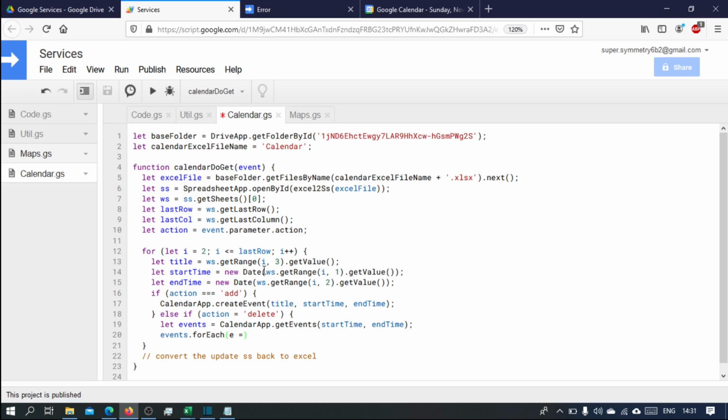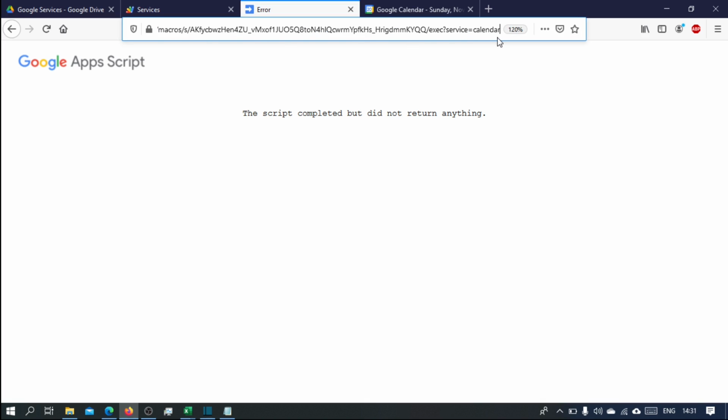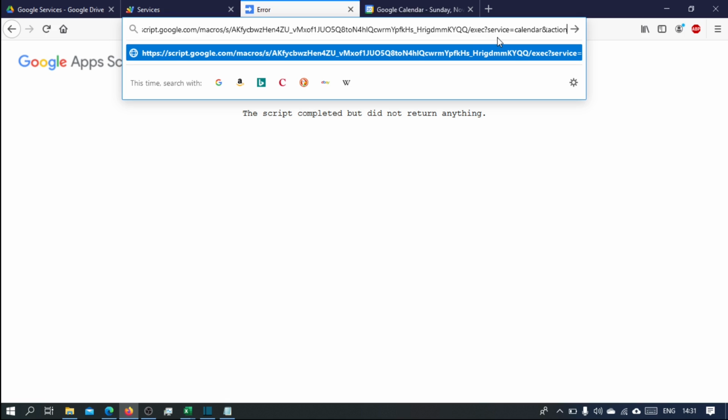So I'm going to get an event, and what I'm going to do is say E dot delete event. Okay, so if it finds any events, that's what's going to happen. I'm going to get hold of that event and I'm just going to delete it. Okay, so now if I go back here and I've got the services calendar, and if I say action